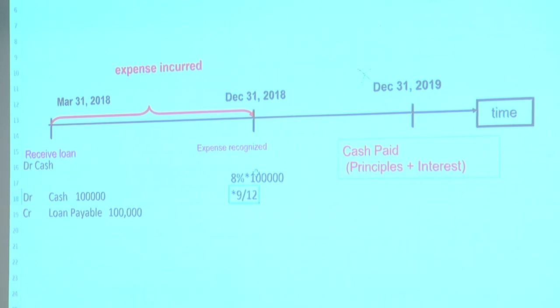Monthly interest is, let's do it this way. This is monthly interest. And then 9 months. So the total interest for 2018 is